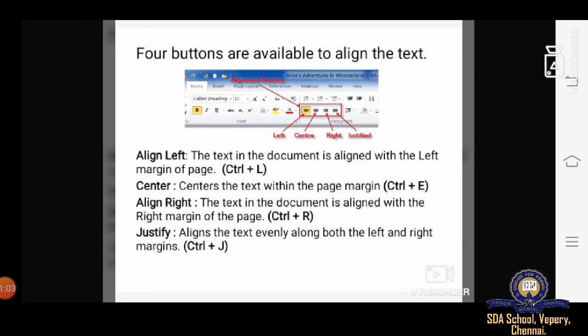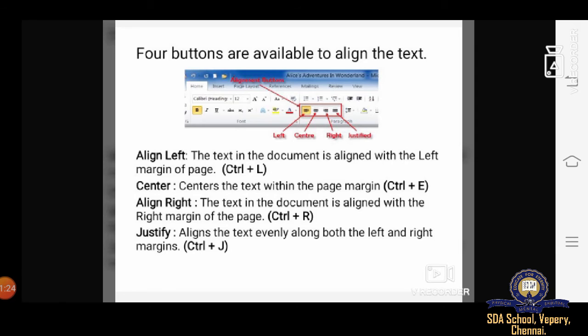First one is align left. By selecting this button, the text in the document is aligned with the left margin of the page. If you press Ctrl plus L, then center, this button centers the text within the page margin.